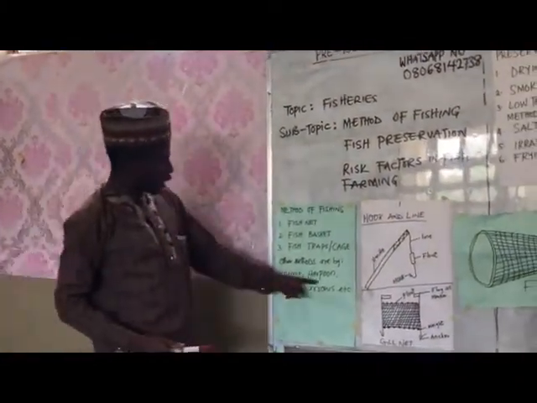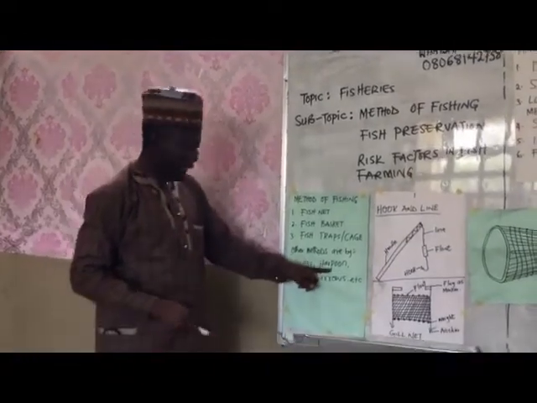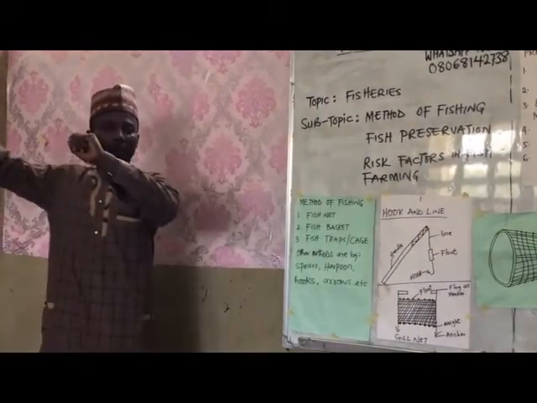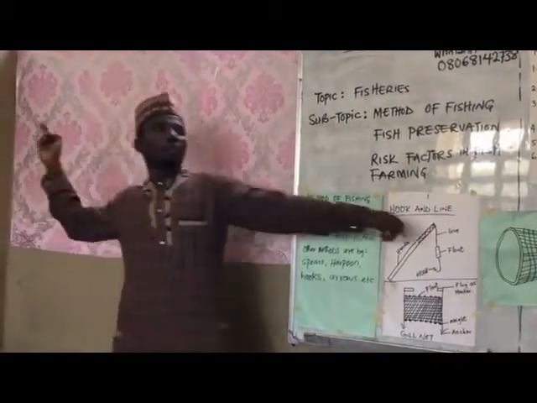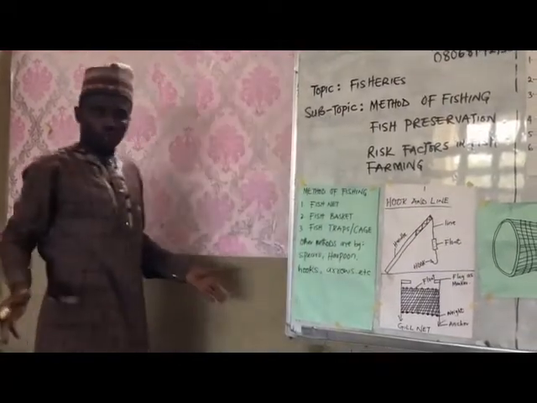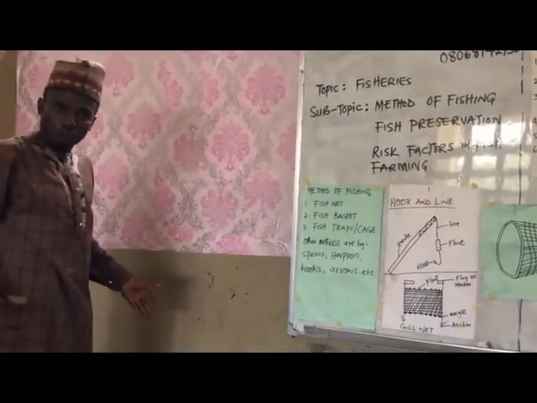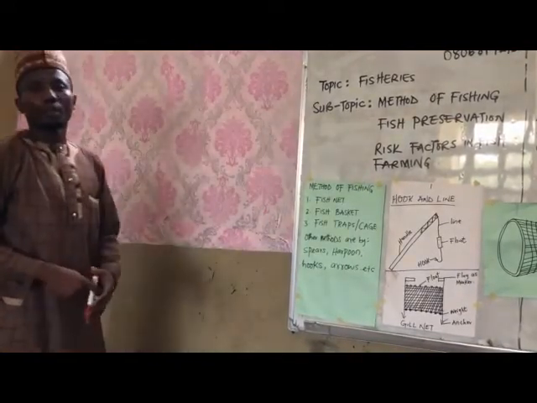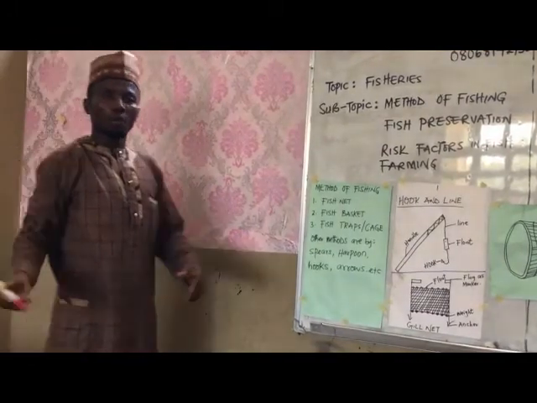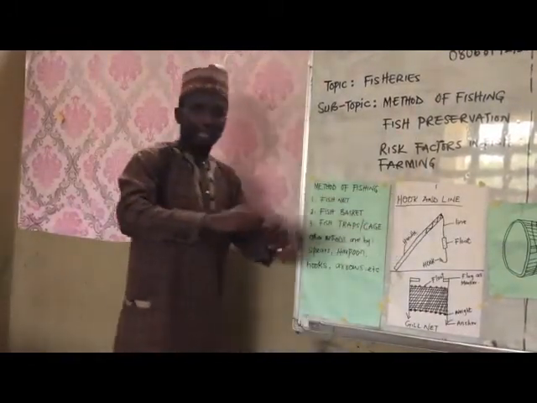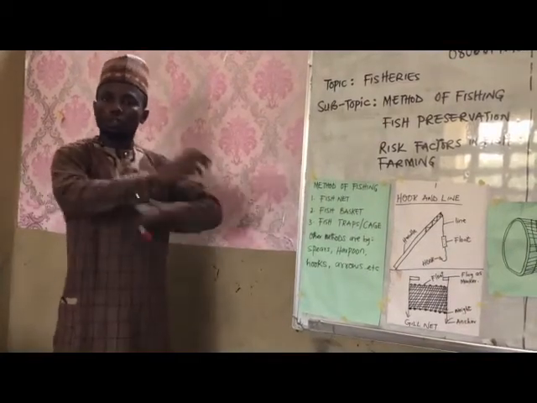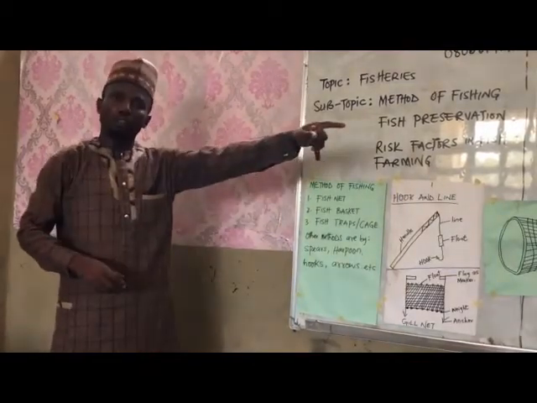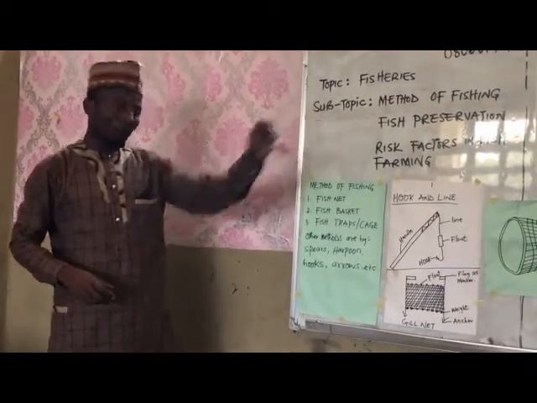Then we have harpoon. This one is also like spear, but it has rope at the end of the handle. So this one can be thrown. Once you throw it, you can stand at the shore of the ocean, then you throw it to hit a fish. So once you are able to target the fish, you can stand at the shore and you drag the rope back and the fish will be stuck to the pointed part of the harpoon.